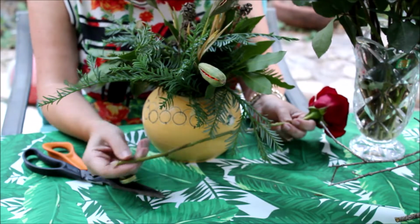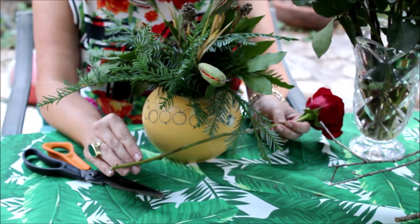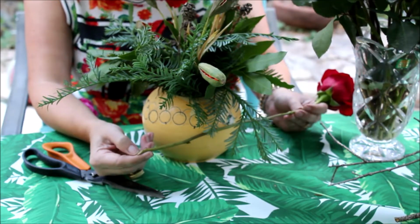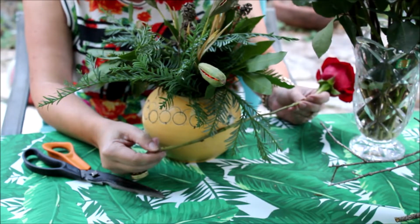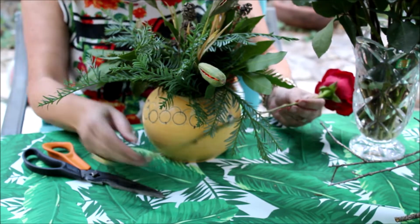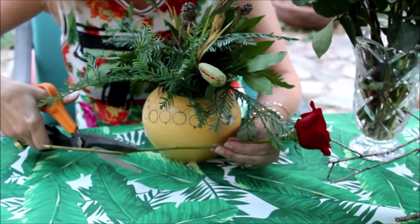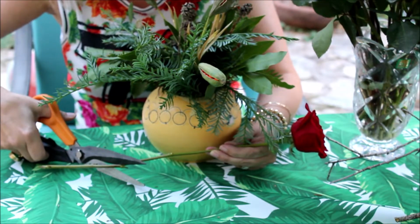If you don't remember your botany, the stem of a flower is a lot like our own. They have arteries and veins like us, which carry the water and nutrients up to the flowers. And so the ends of those capillaries, arteries, veins, can get sealed off and won't be able to suck up the water if we don't give it a clean cut here. And of course, when we're doing an arrangement like this, the stem is obviously way too long. So I'm going to give it a clean cut, and if you do it at an angle, you will give it much more surface area to suck up the